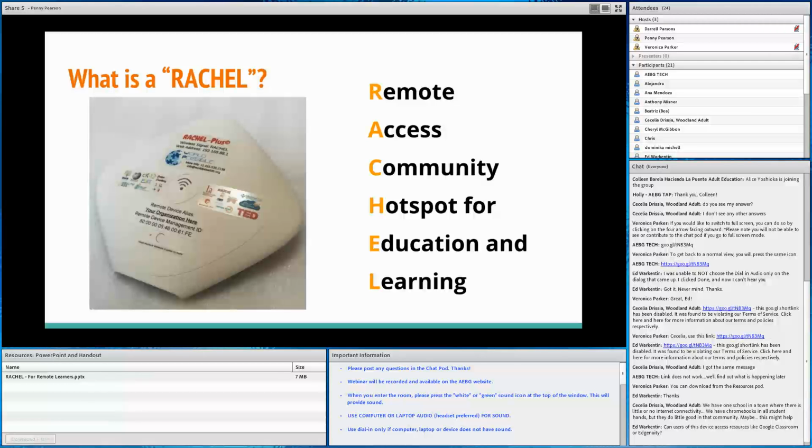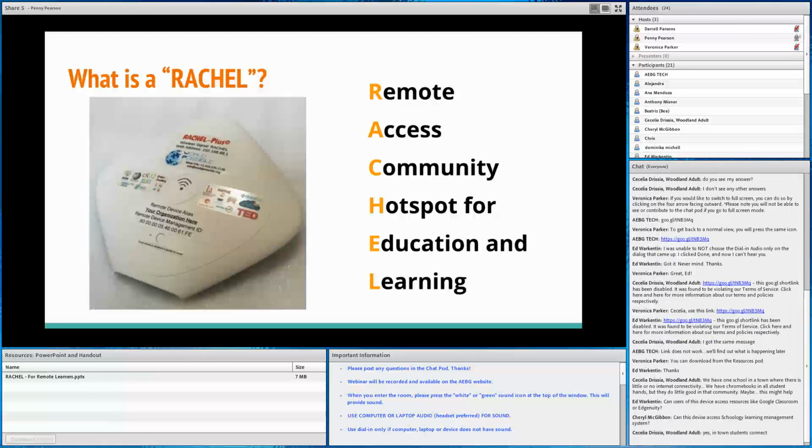And Cecilia, you're correct. If you have Chromebooks, they all have it in their hands, but they can't do anything. I mean, if you don't have access to content, yeah, what's the point? This device could change that. As long as those Chromebooks have wireless connectivity options or availability, then they can connect to this device and they can access all of the materials that are preloaded on the device. Or, as I said, if you have teachers that have created materials that they want to share, they can do that.